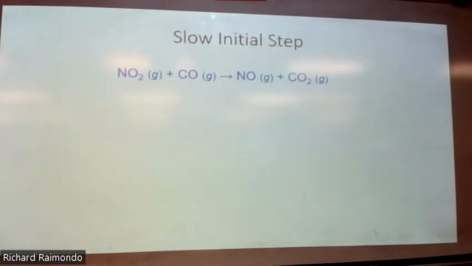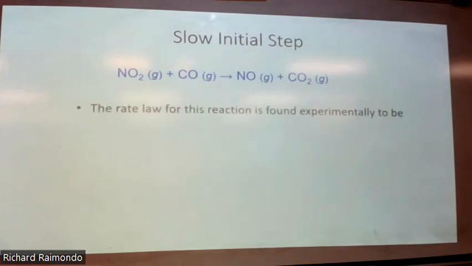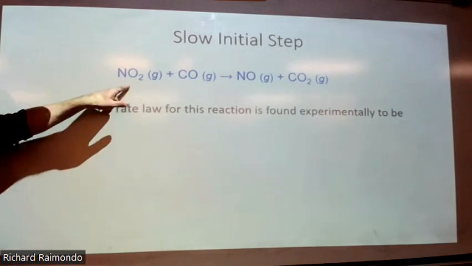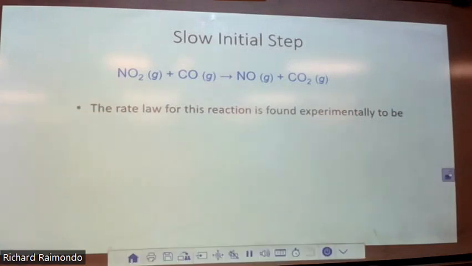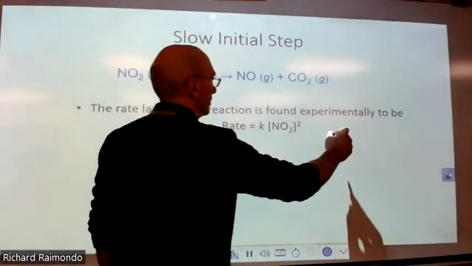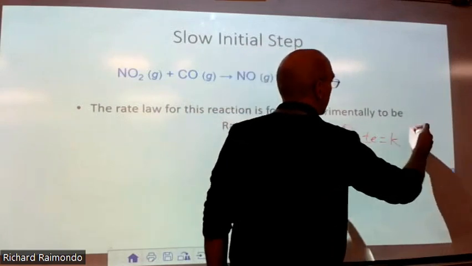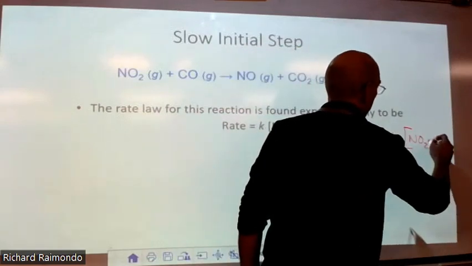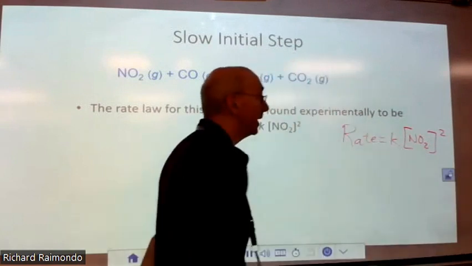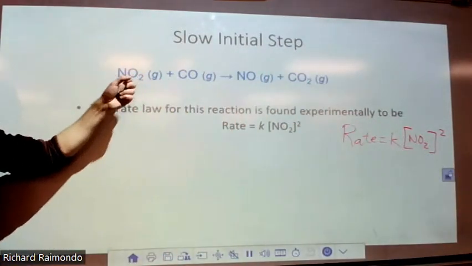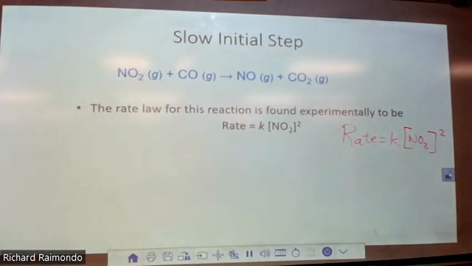All right. So for example, here's a reaction. This is bimolecular. They did some experiments and they found out that this rate law was rate equals K, a constant, times the concentration of NO2 squared. NO2 is a second order reactant. Okay. However,